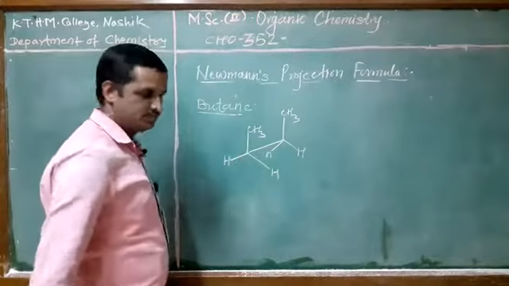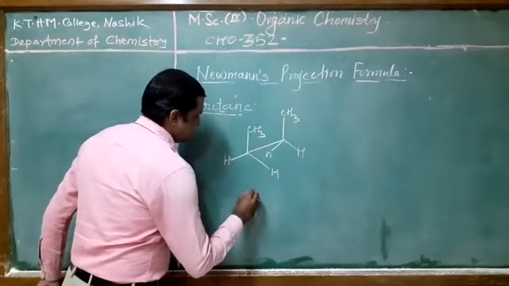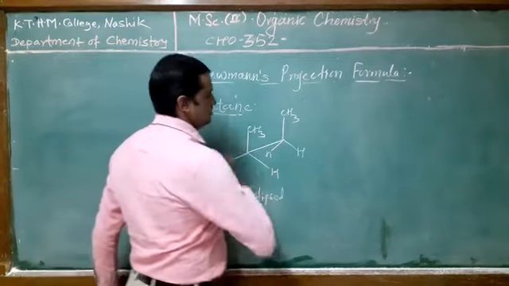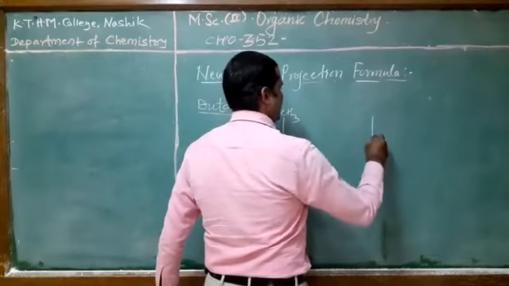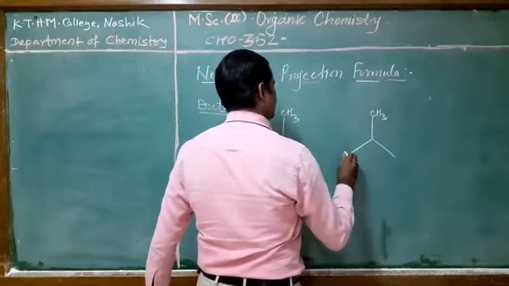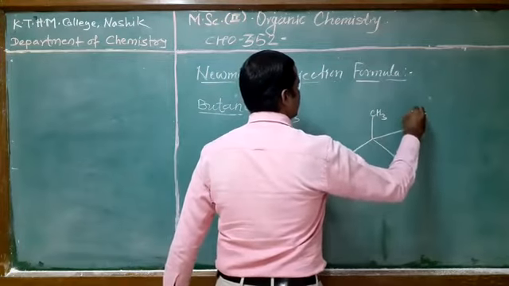This is the eclipse form of the butane, while another staggered form is easily obtained by the rotation of the backward carbon